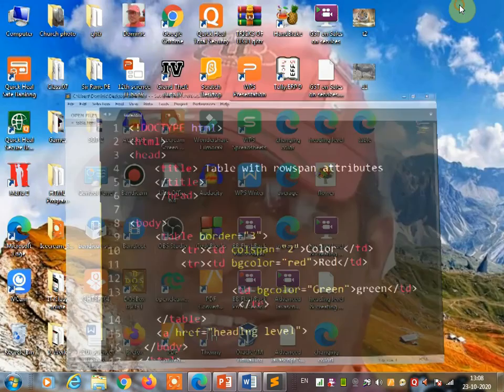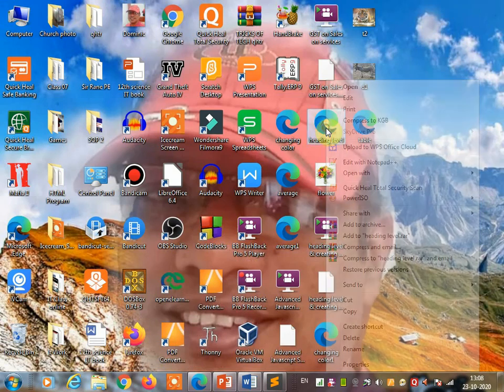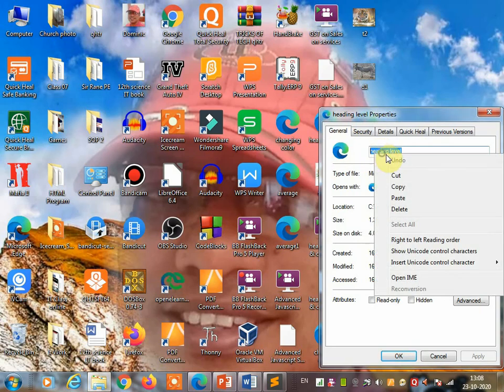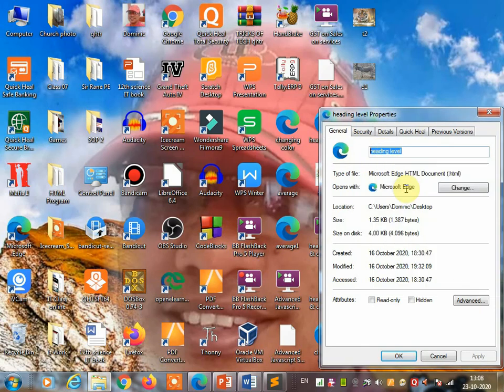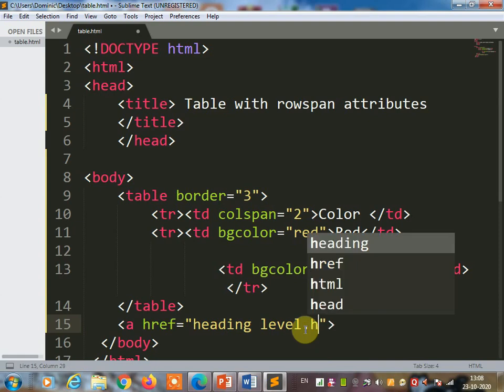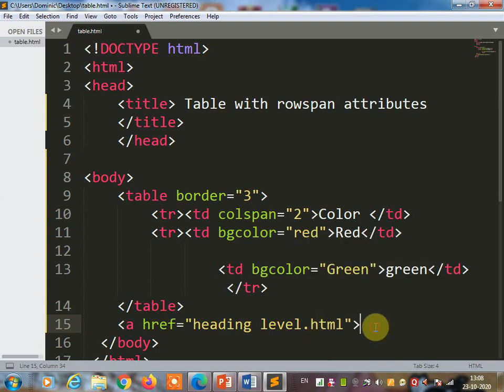Check once again, if you don't know what name you have given, then right click over here, go to the properties, copy this, copy or give the path of this, and then paste over here. Once you paste, then add the extension .html, and here you have to write the text.